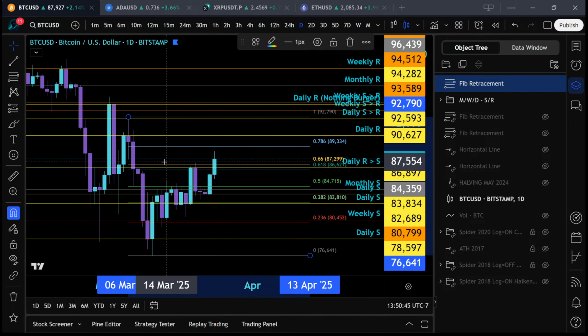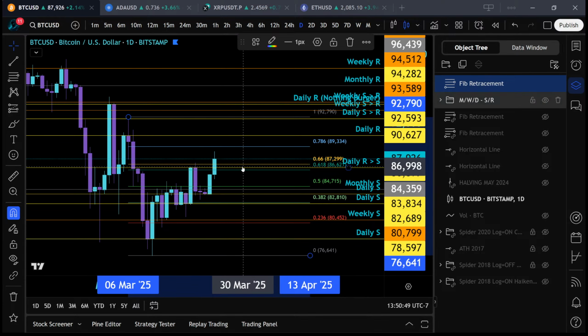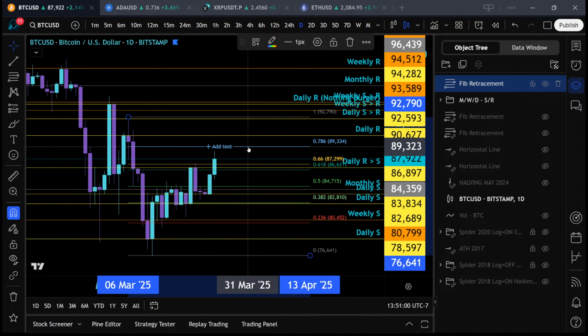This is the golden pocket area, and it's right there at about this level of resistance. So we're hovering about here, and this is a really good level to mark. This 86.8 level is also the golden pocket. And if we can come back above the 786 right here, which is